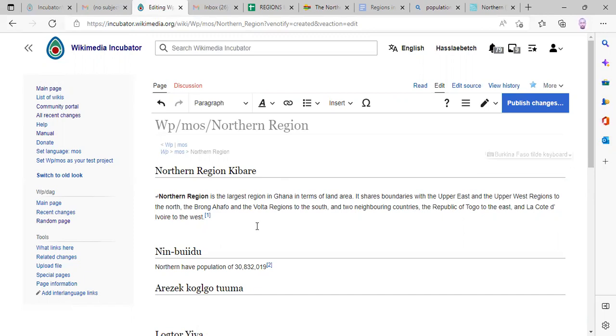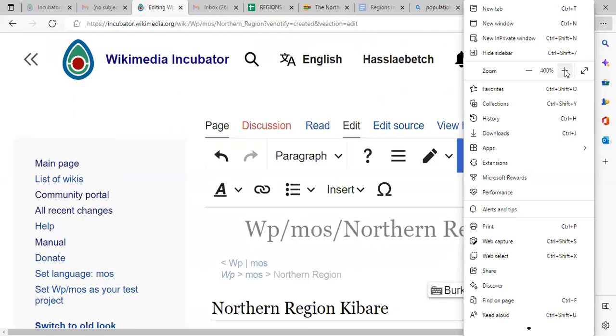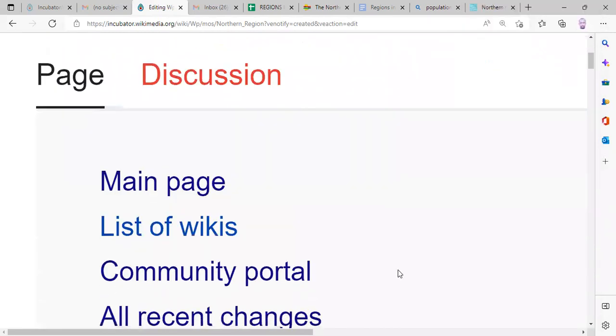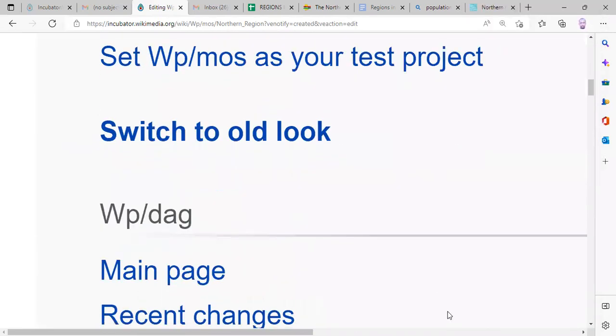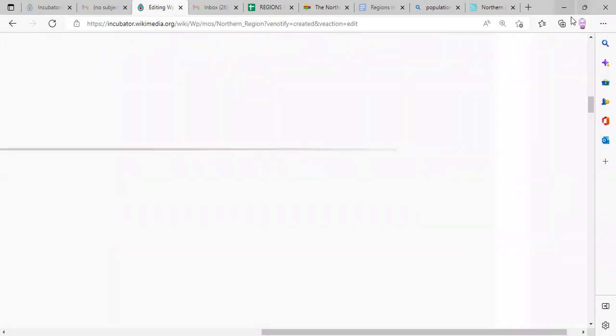If I want to type, there's a symbol called the tilde symbol. It's at the top before the one, the third symbol. I'm going to increase the size so you can see it properly.